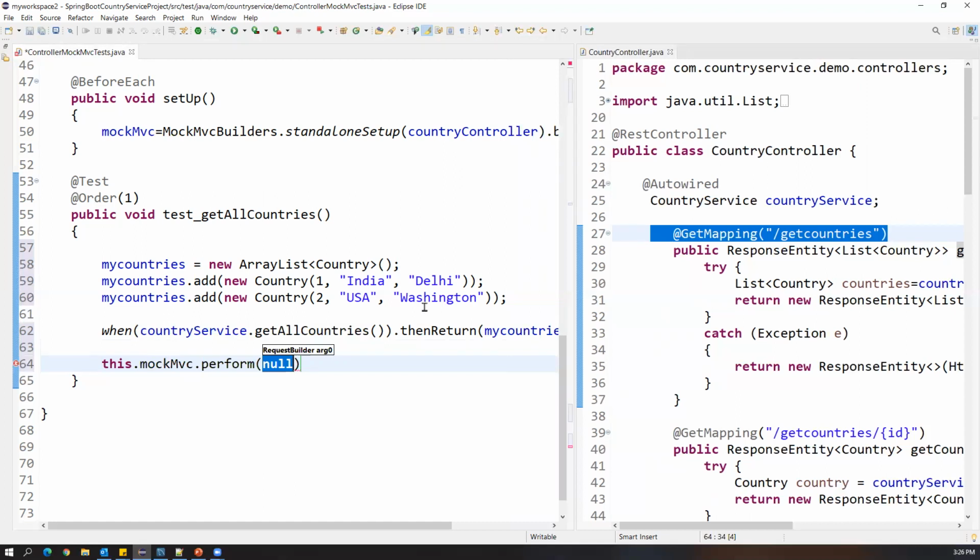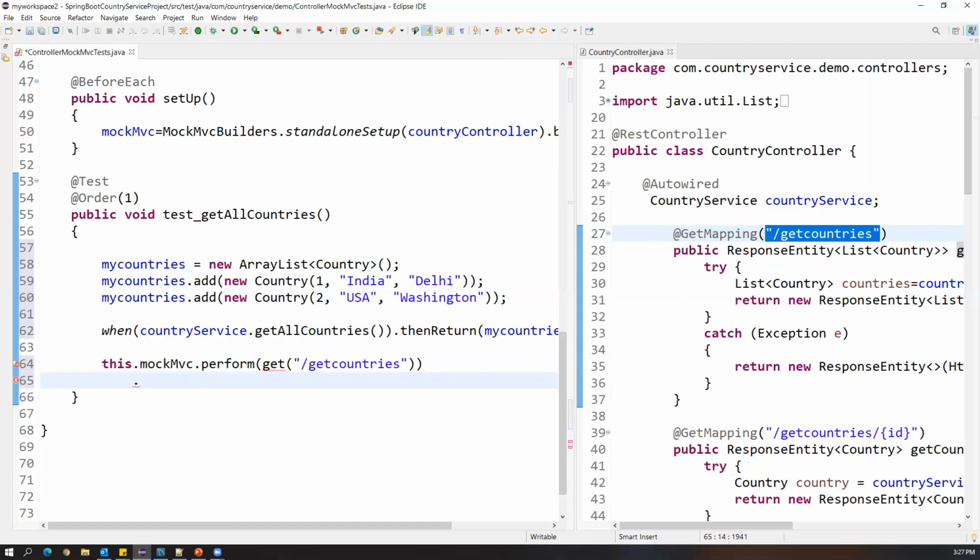So what is the request? What type of request is it? Get request. So we have to specify something called the get method. And what is the parameter we are passing here? This is the argument, or we can pass a parameter here. As it is, we have to specify. So when you pass this URL as a get method, and when you perform this action, what should happen, that we need to specify. So continuing, we have to specify some methods.